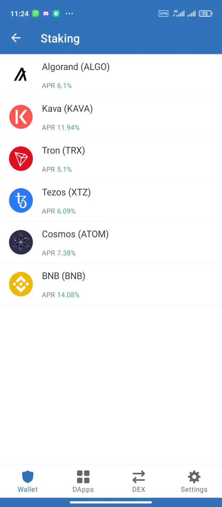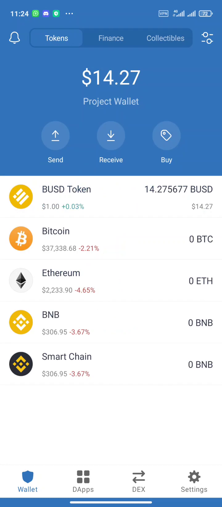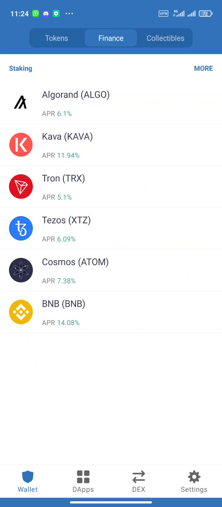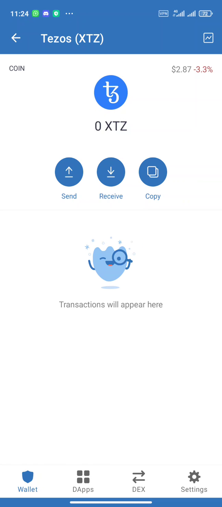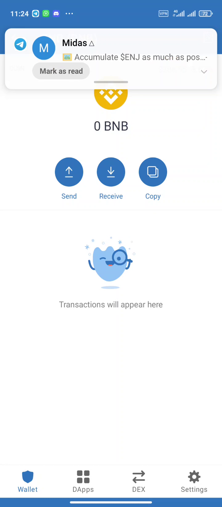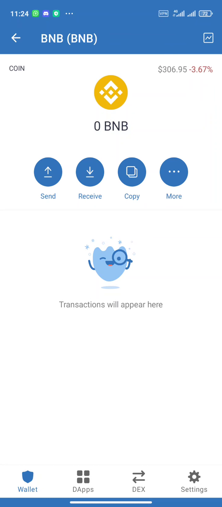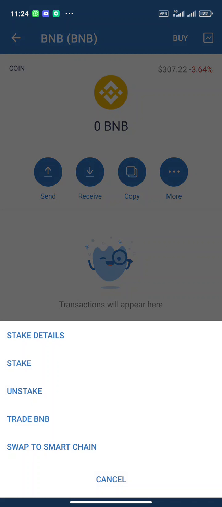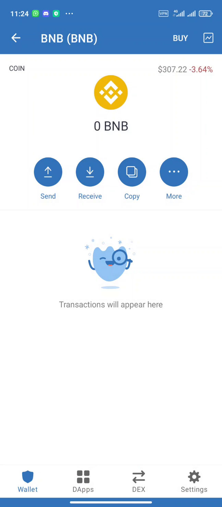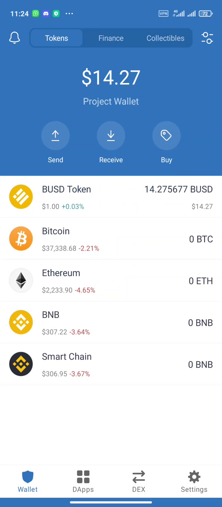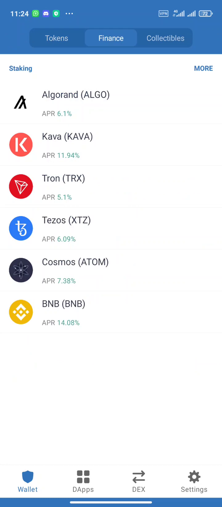You can stake Algo, you can stake Cover, you can stake Tezos, you can stake BNB. See, you can stake your BNB, and now because it's on the Binance chain, you can still swap it to Binance Smart Chain. But now, if you look at the percentages here, what you earn is 6%, 11%, 5%, 6%, 7%,